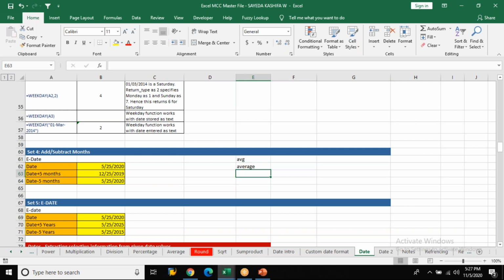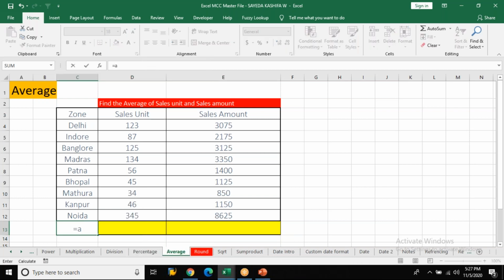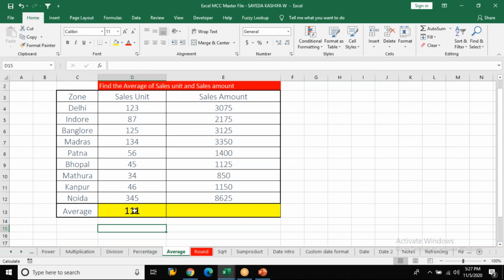Correct. So keep that in mind. There is no shortcut. AVG will not work. Equals AVG, it will not work. See, it will give me an error. Then I have to type AVERAGE and select the cells. So that's something to keep in mind. They might ask you. You should be able to tell.